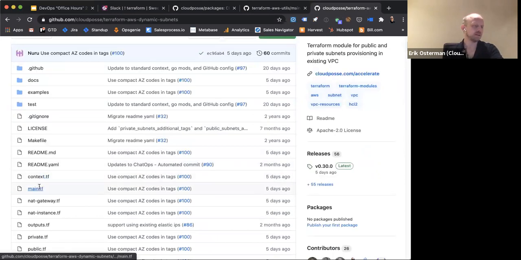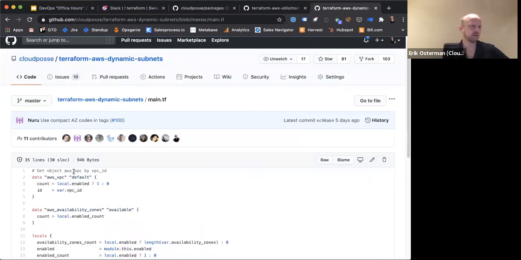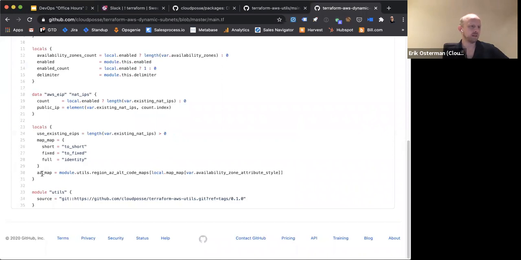So in the main.tf here, we're defining an availability zone map, taking into account whether the user wants the original naming scheme using the full length variable names, or whether we should use short or fixed formats, full being the normal length.